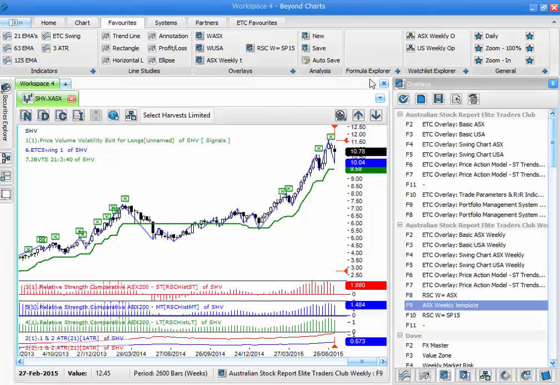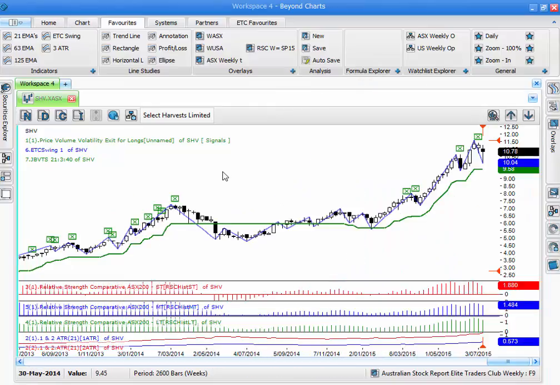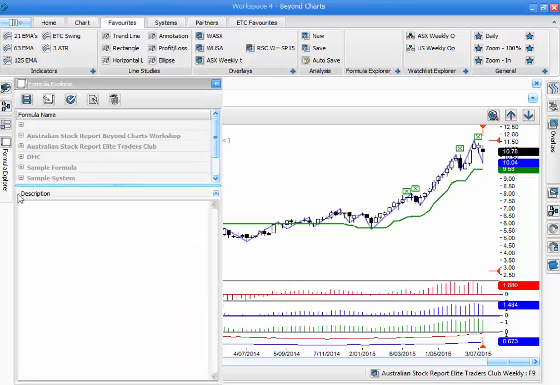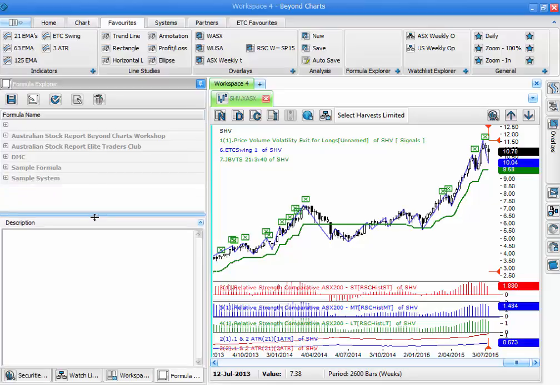is this Formula Explorer. Now, the Formula Explorer is not on the right hand side, it's actually on the left hand side. So over on the bottom here, this little blank looking document there is our Formula Explorer. So what I'm going to do is I'm going to pin that out, or dock it, and that way it stays out when I want to go through and look at these